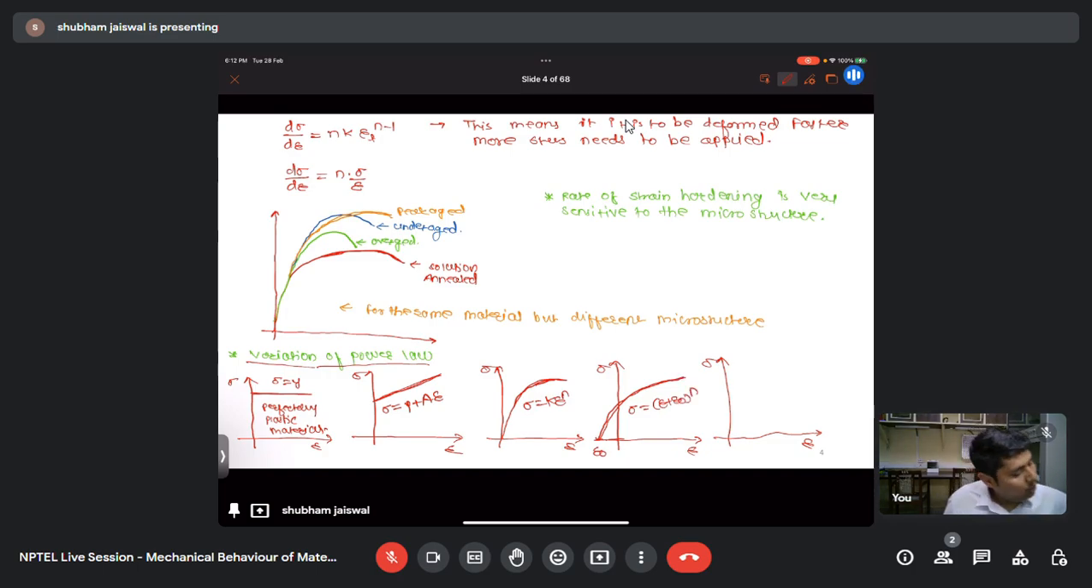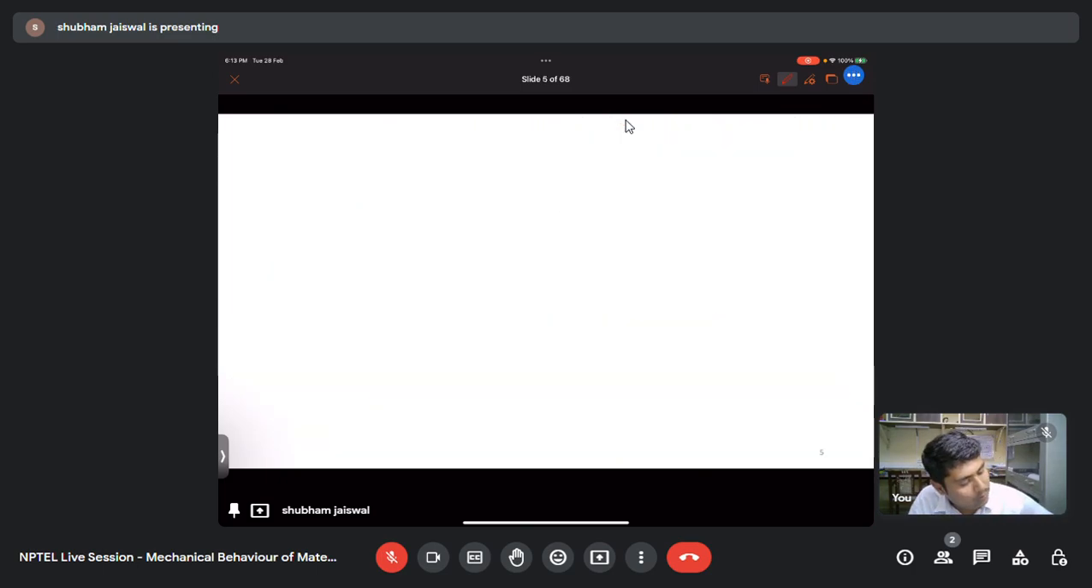Okay, and also we have seen one more variation like this, and the equation will be sigma naught times 1 minus exponential of minus a epsilon. Okay, so these are the variations of power law we have seen. So the power law is usually not applied for very low strain values. Okay, so then we have come to know that